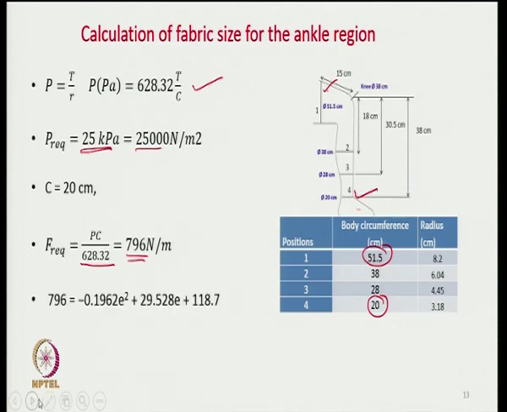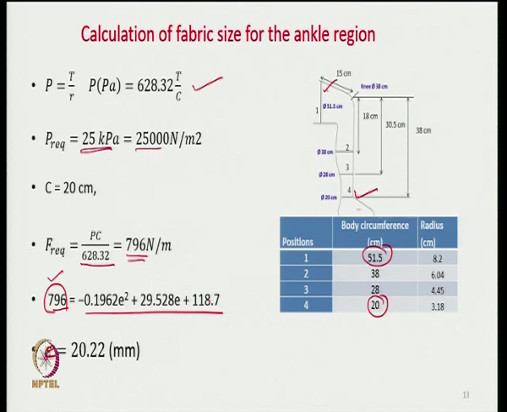Now, once that is the force that we require, I put this value in this quadratic equation. So, this becomes my known value. I need to know how much elongation is required. So, I have to solve this quadratic equation when the force requirement is known to us. So, this is the equation now. From there we can calculate what is the value of E that we need,